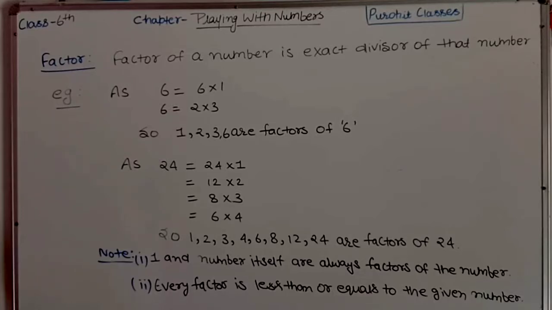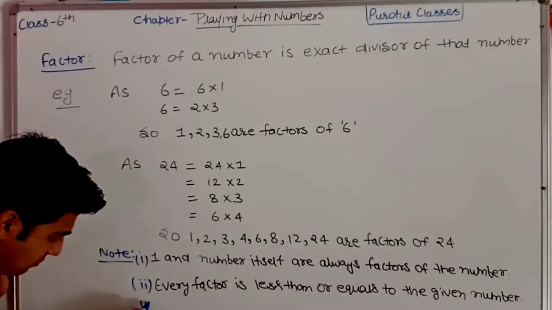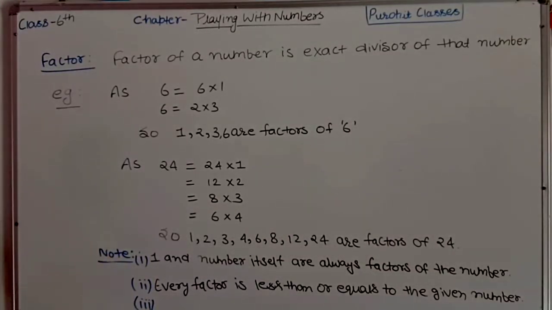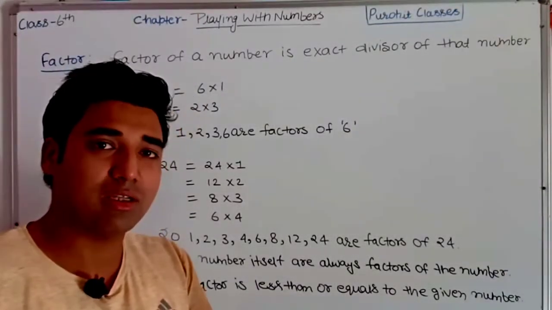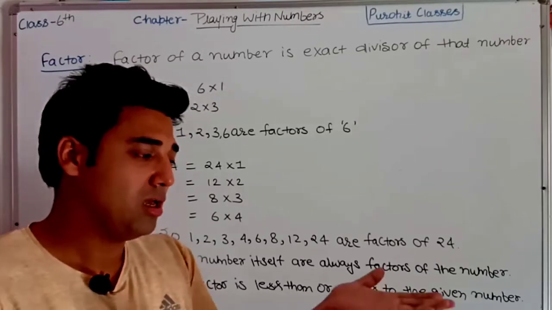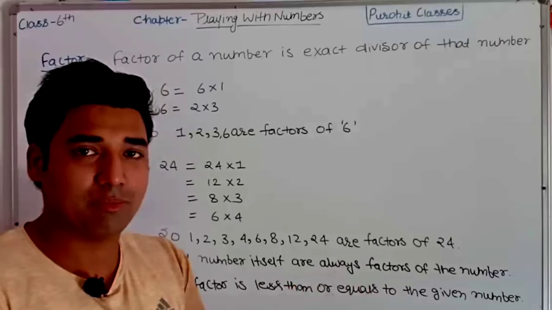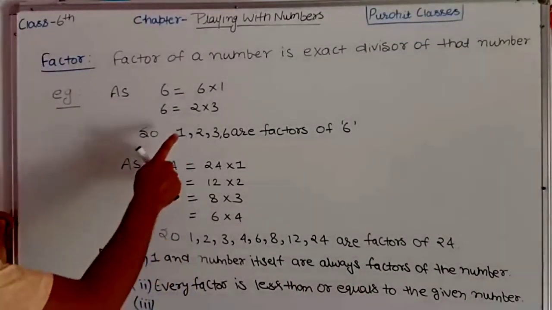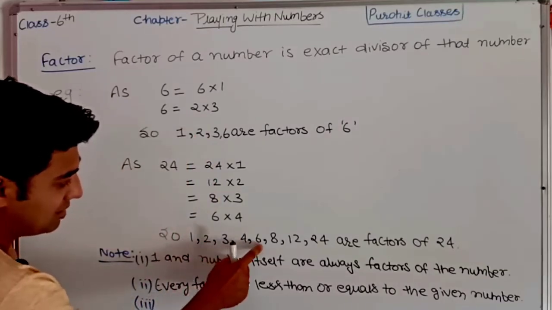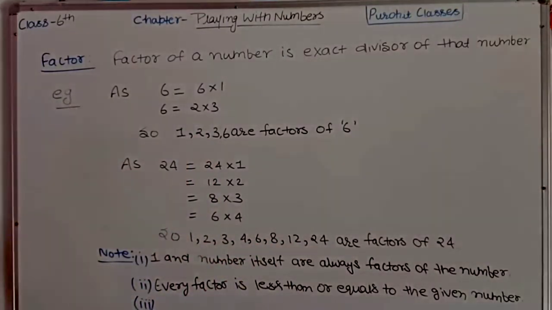Third important point is finite and infinite. Two things are there. Finite means which we can count, that these are 10, 20, 50, 30, 100, and infinite means which we can never count. We do not have an idea. Like if I ask you, I have taken some water in my hand, can you count how many drops are there without using any technique? No, it will not be possible. How will you count? They are not separable. Understood? So here we have seen how many factors of 6 we got, 1, 2, 3. How many factors of 24 we got, 1, 2, 3, 4, 5, 6, 7, 8. All are countable or finite.